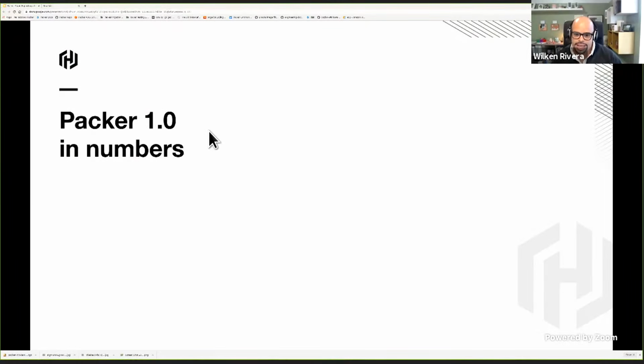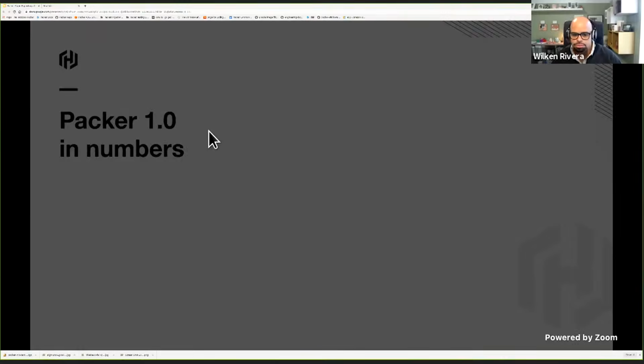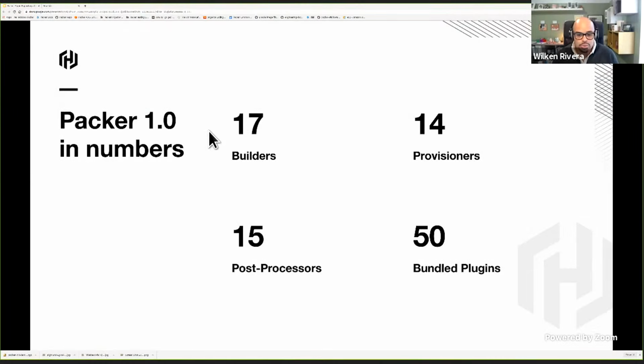But before getting into that and into Packer init, I would like to take a quick look back at Packer 1.0. Back in 2017, when Packer first reached 1.0, that was a very significant milestone. Packer at that point was considered feature complete, and it was already in use by tens of thousands of organizations and practitioners worldwide. At that point, we had about 50 bundled plugins, and I promise that I'll get a little more into this whole bundling of plugins in a minute,